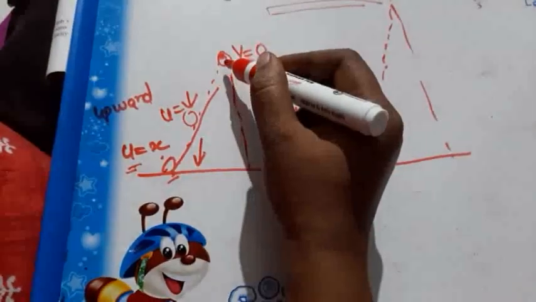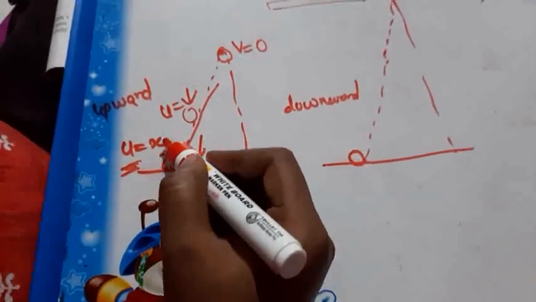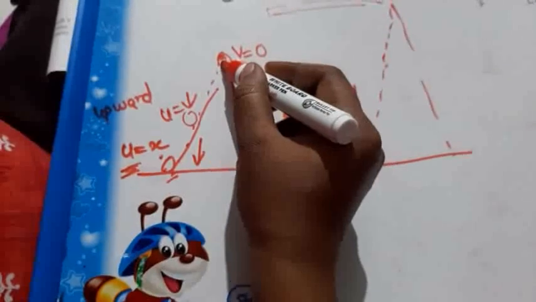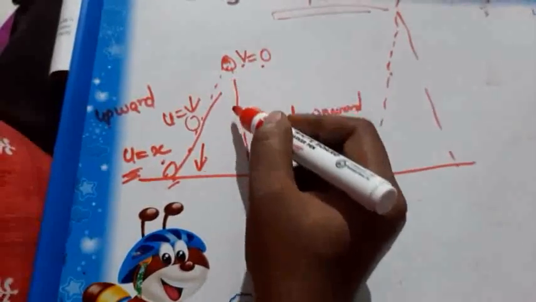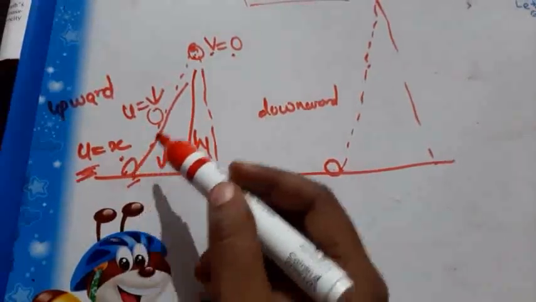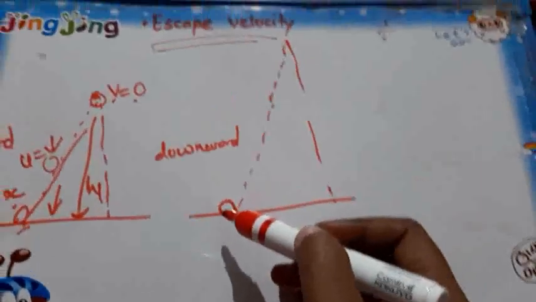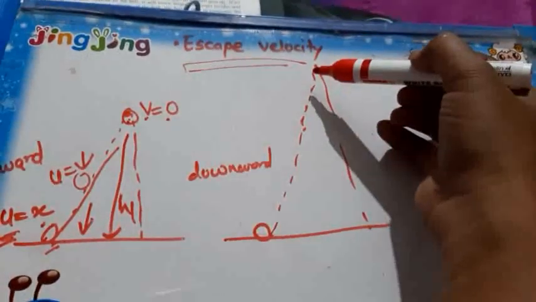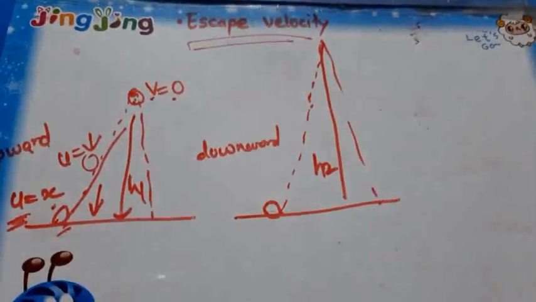So for the upward case, just see, the initial velocity of the ball had a certain value. It starts to decrease as it goes up due to gravity. And when it reaches a particular height, its final velocity becomes 0. And from there, it starts to come down. Suppose that ball has reached a maximum height of h1. Now the same ball we will throw with some more velocity. Then it will reach higher heights. It will cover a larger height, and suppose that height is h2.